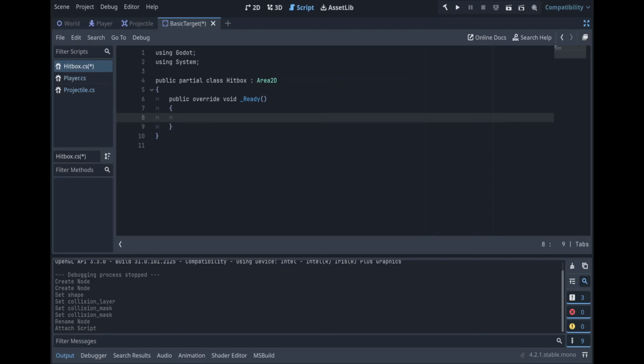So in this instance, we're going to call AreaEntered plus equals, because we're assigning a function to this signal, and we're going to type onAreaEntered. Now, because this script is on the Area2D, we don't need to get a reference to the Area2D because we are it,